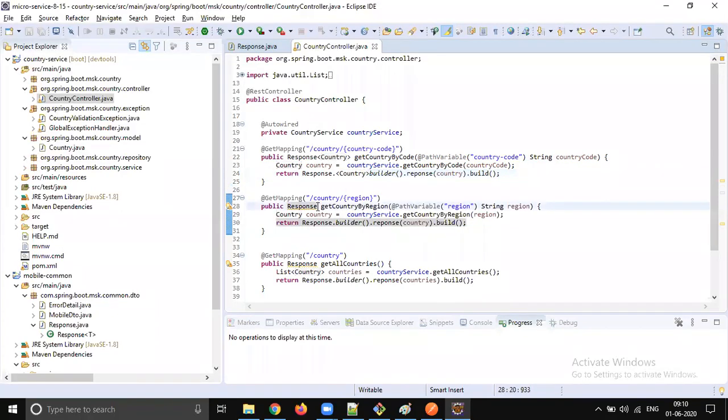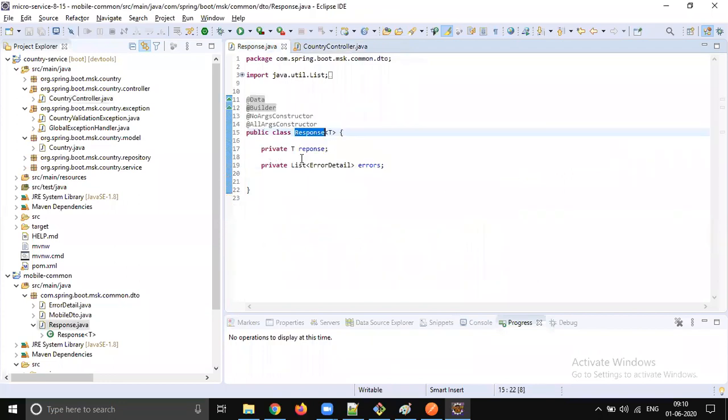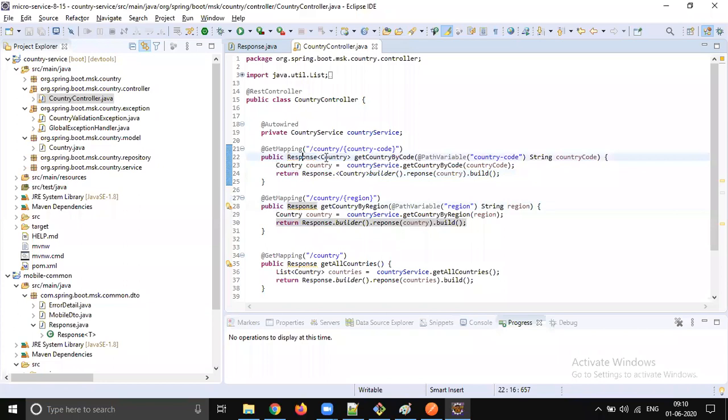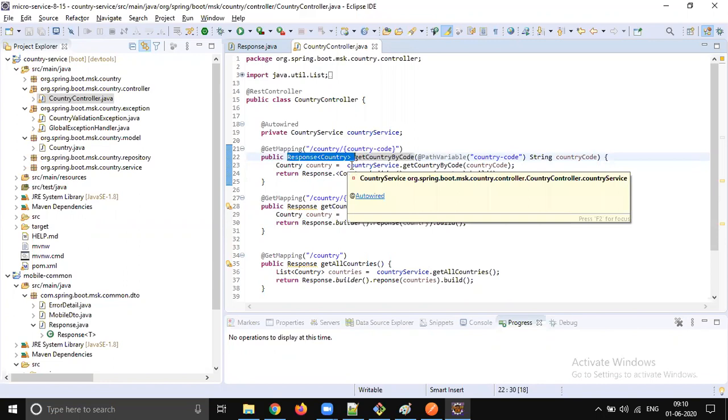That is the benefit we get while retrieving the data back. You don't need to do any extra typecast. When you call the get response method, you will get whatever data you stored. If you call getCountryByCode, your response is going to be Country. No need to do any extra typecasting. You can directly call get country, and you can see that the Country object is given back.